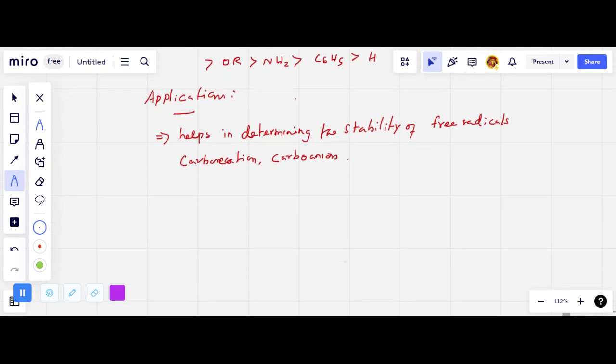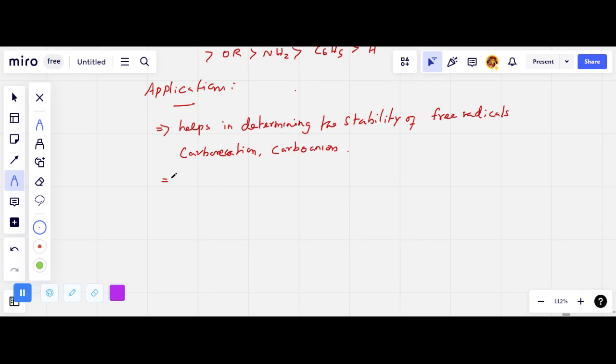Okay, then it helps in determining the strength of acids and bases. So it plays a role in this. These are the applications of this inductive effect. It helps in determining the stability of free radicals, carbocations, and carbanions, and it also helps in determining the strength of the acid using